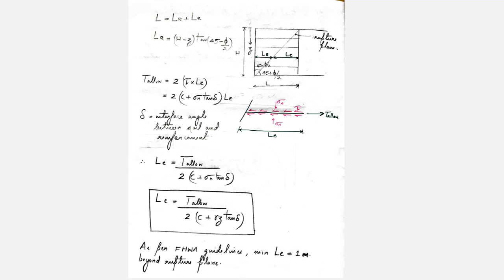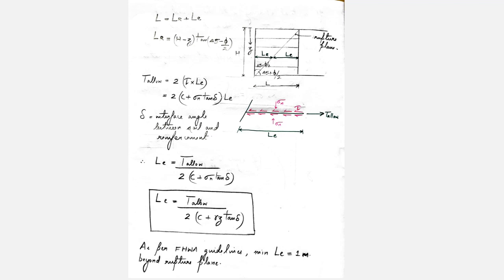But just for knowledge purposes, I'll explain how we can calculate the length LR and length LE at various depths of the retaining wall. Because in the actual design process, we don't stop once we have found the vertical spacing. It is more laborious. We have to find the actual shear force transferred into each layer of reinforcement, and also calculate the embedment length at each depth of reinforcement. So it's a very lengthy process. But just for you to know, from the geometry itself, we can find out LR and LE.